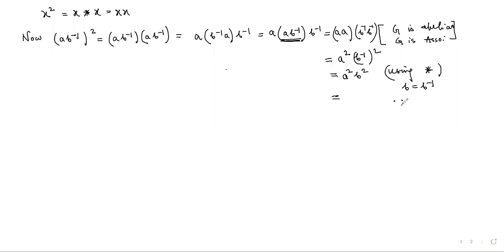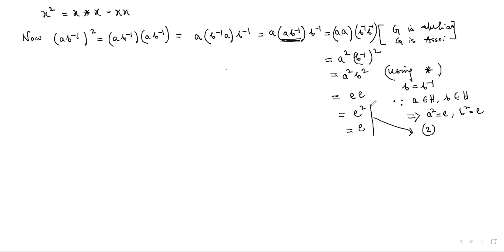Now, since A belongs to H and B belongs to H, this implies A square equals E and B square equals E, as we already know. So in place of A square, we can put E, and in place of B square, we put E. And this is equal to E square, since we have already proved in equation number 2 that E square equals E. This comes from 2. And therefore, what we find? We find that A comma B belonging to H